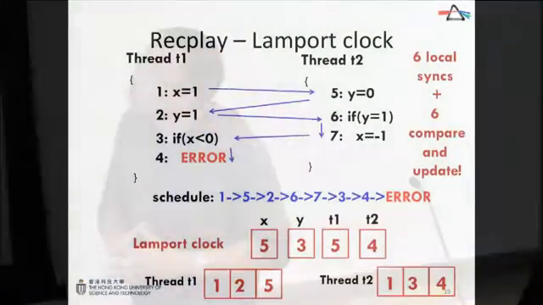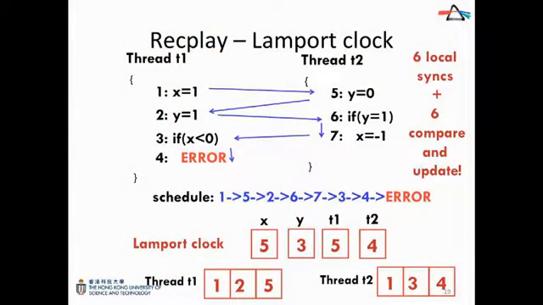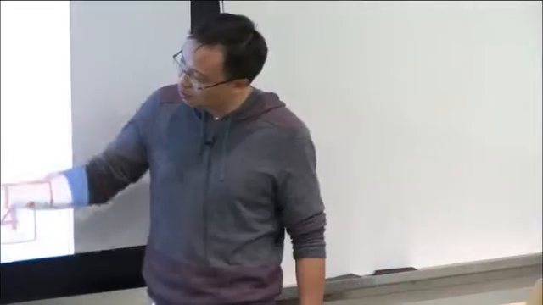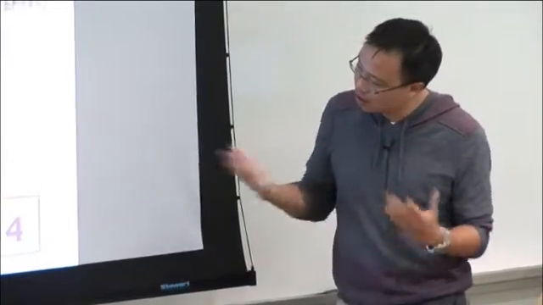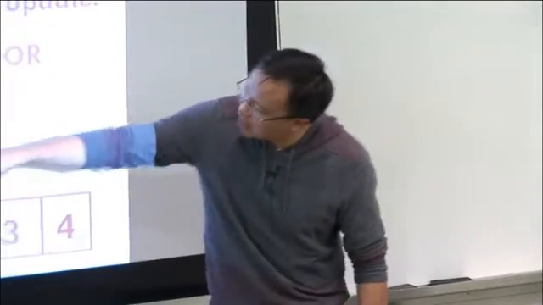For our example, the details of how we compute these counters are not important, but the technique is to associate each shared variable and each thread with a different clock, a different counter, and at the end, each thread maintains a local history of all the counter values for all the accesses to the shared variables.